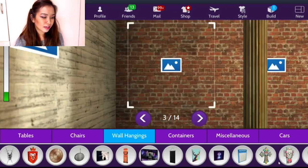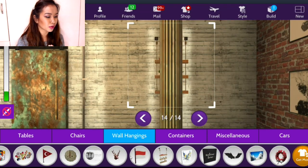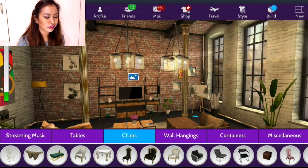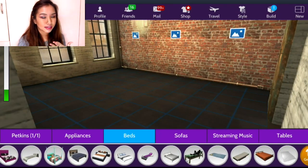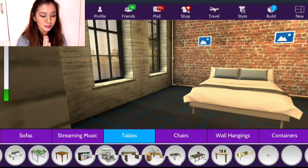For the artworks, I picked some artworks that would contrast with the walls behind them. So the light walls will have a more vibrant, darker type of artwork, and the brick walls would have the lighter type that would really stand out. So for the bedroom, I put this bed first,